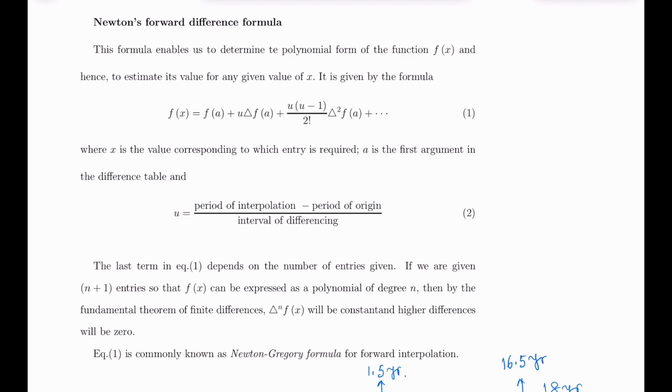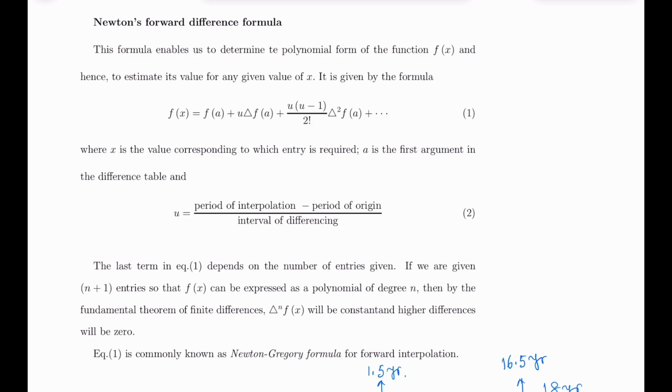Newton's forward difference formula is used when the argument for which the corresponding entry is to be calculated lies at the beginning of the data given for the argument. This is given by the formula f(x) is equal to f(a) plus u delta f(a) plus u into (u minus 1) upon factorial 2 delta square f(a) and so on, where x is the value corresponding to which the entry is required. a is the first argument and